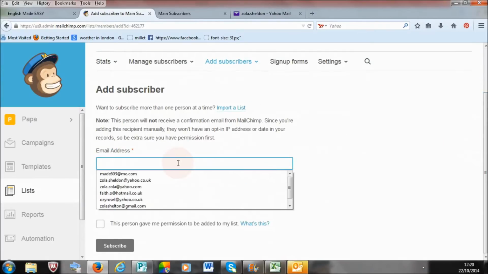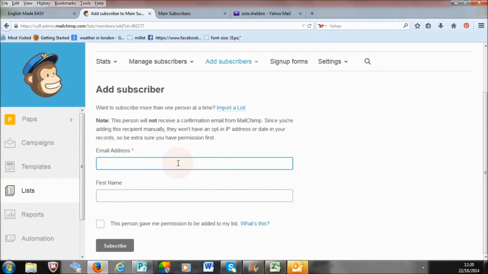and then type in their email address. So I'm going to make up an email address now. So let's go with bob12@hotmail.com. First name is Bob, and this person gave me permission to be added to my list. Tick here. It's really important to get permission from the person that you're adding to your list, just because if